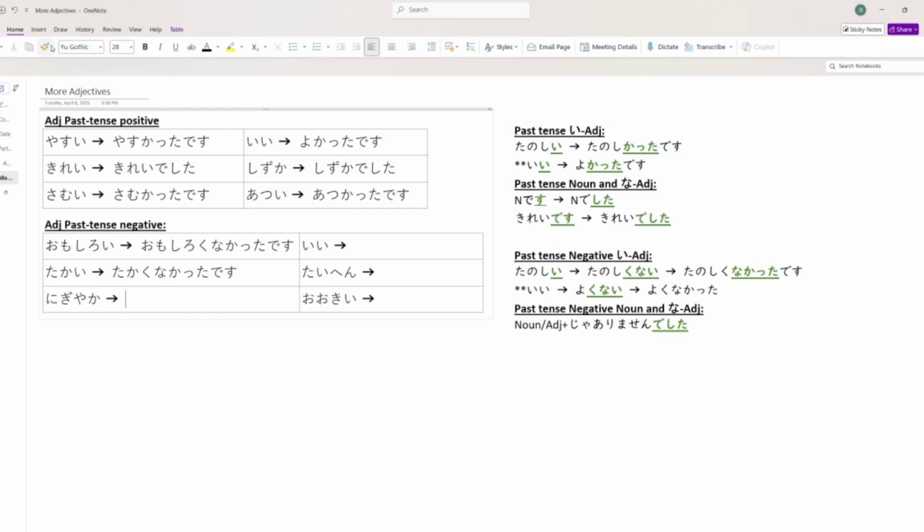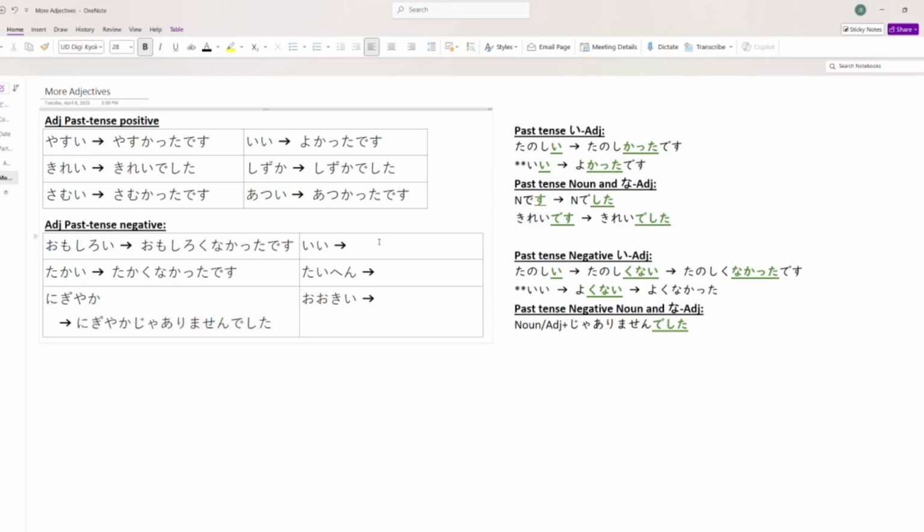Yeah, because present tense negative is just ja arimasen. So we just slap on deshita. Okay. I didn't remember if we needed to do anything to any of the trailing sounds at the end or not. Yeah, it is just that. So 賑やかじゃありませんでした。